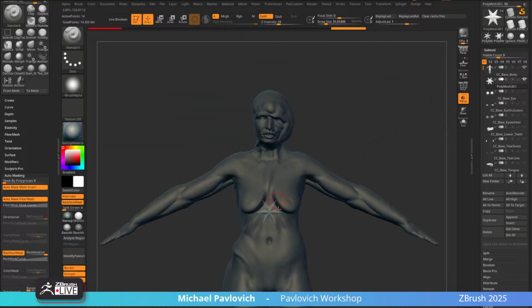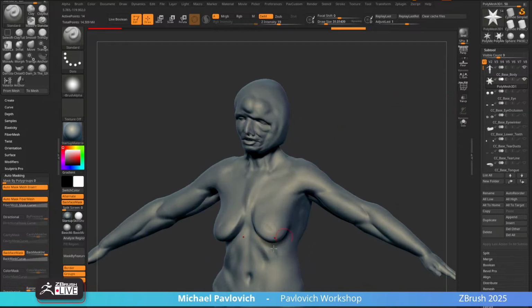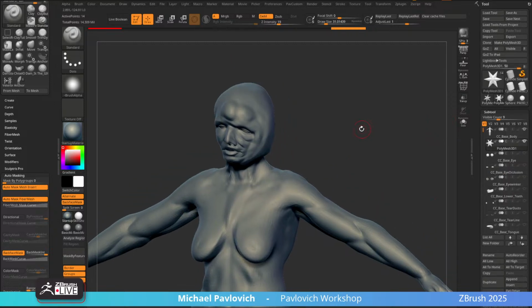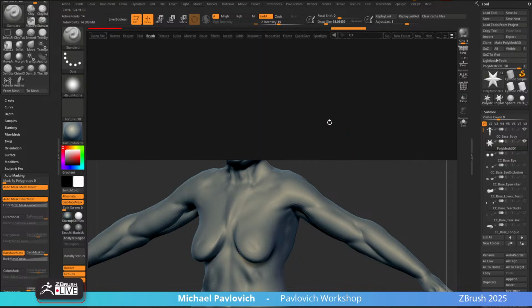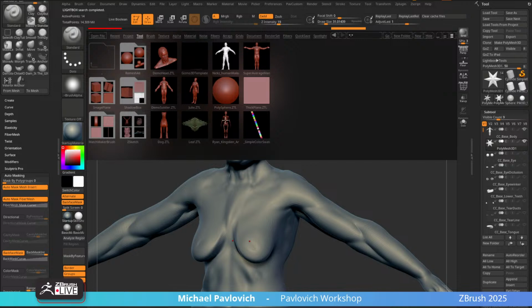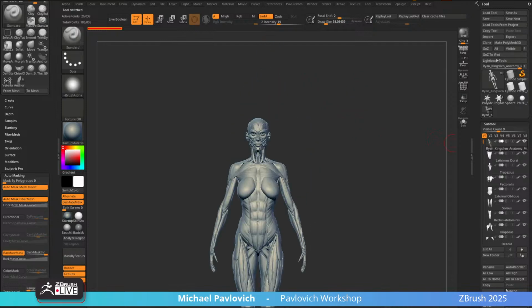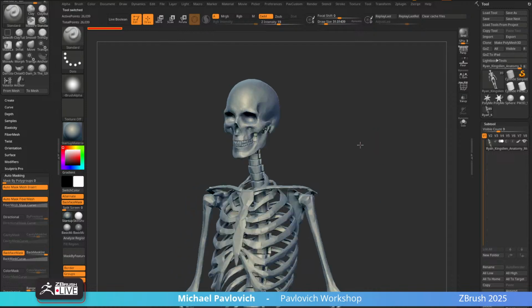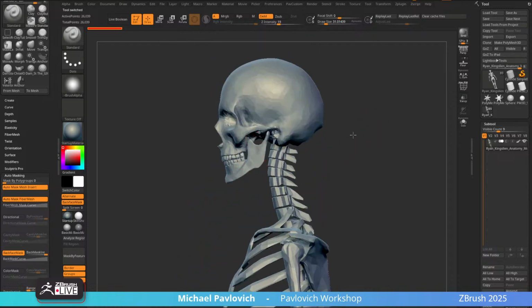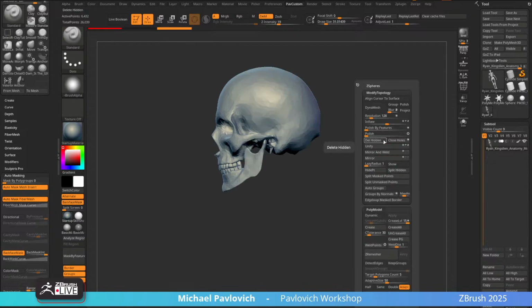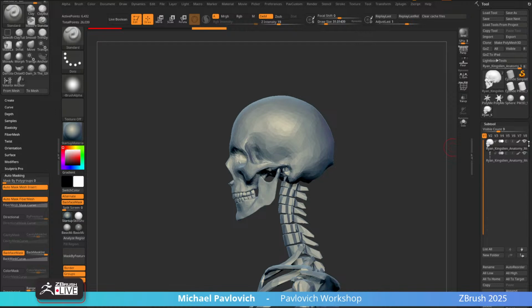If I turn on X to turn on X symmetry and turn off transparency, I can still use this mesh without any subdivisions to insert meshes onto this object. So for example, I go into the comma key, go in here to Tool, let's grab the Ryan Kingsland anatomy model here and hit F to frame, and we'll say Delete Other because we're just going to grab bones. If I wanted to grab just the skull, Control Shift drag over these pieces, Control Shift A, Geometry, Modify Topology, we'll do a Split Hidden. So just the skull is in its